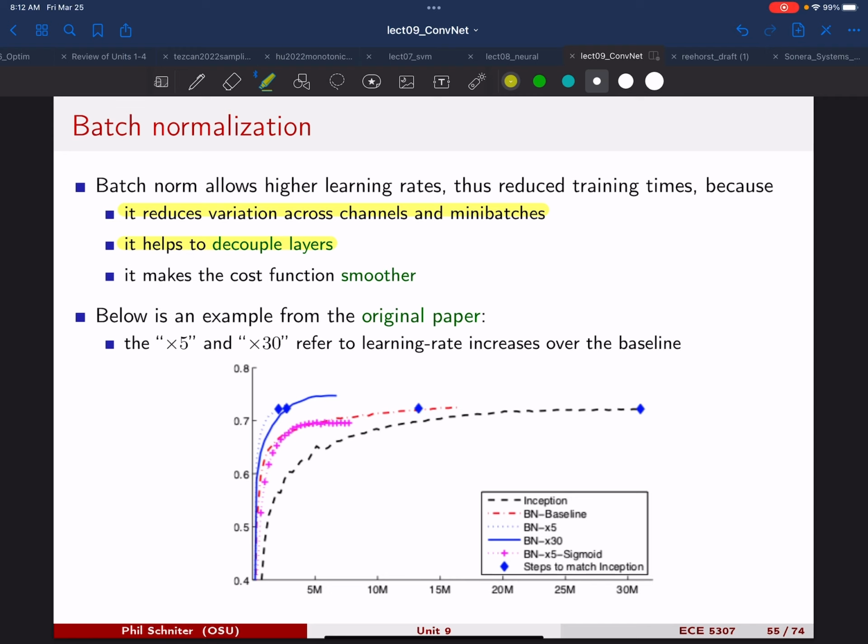And though it's difficult to see, there's a paper, if you click on this green link, that did an analysis and was able to show that it makes the cost function smoother, actually. And the smoother the cost function is, the easier it is to optimize. So,